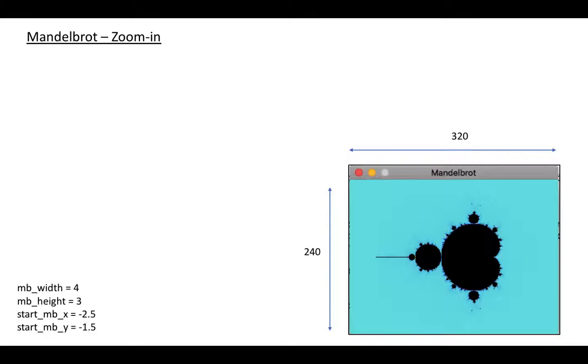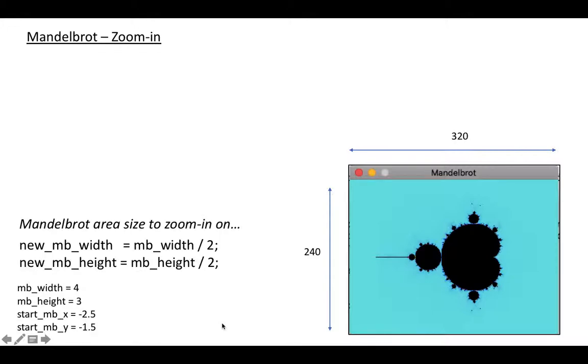the Splashkit toolkit. And so what we started out with doing was saying that the Mandelbrot width and the height is going to be 4 and 3, and we are running a 320 by 240 window wide, and also we're starting the Mandelbrot set at minus 2.5 and 1.5, as you can see down in the bottom of the screen there. So to the zoom in function, firstly what we are going to need to do is